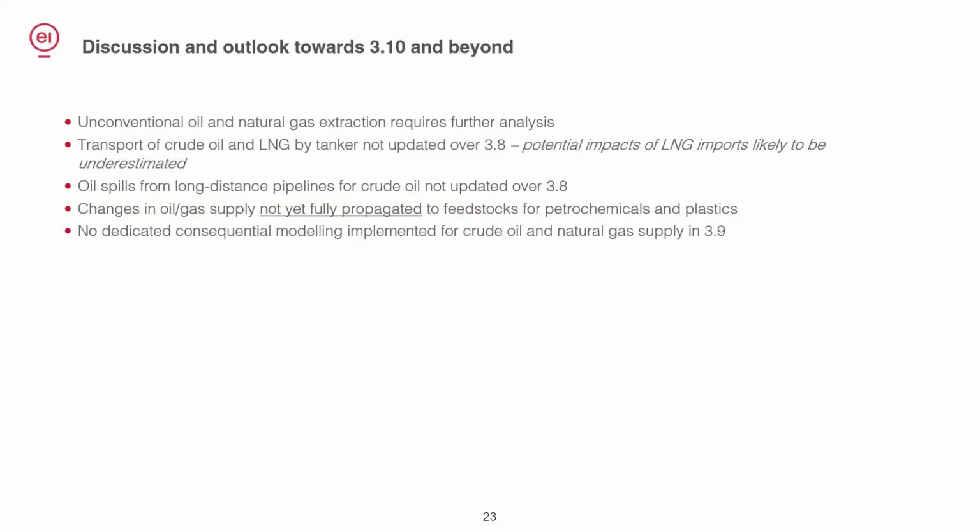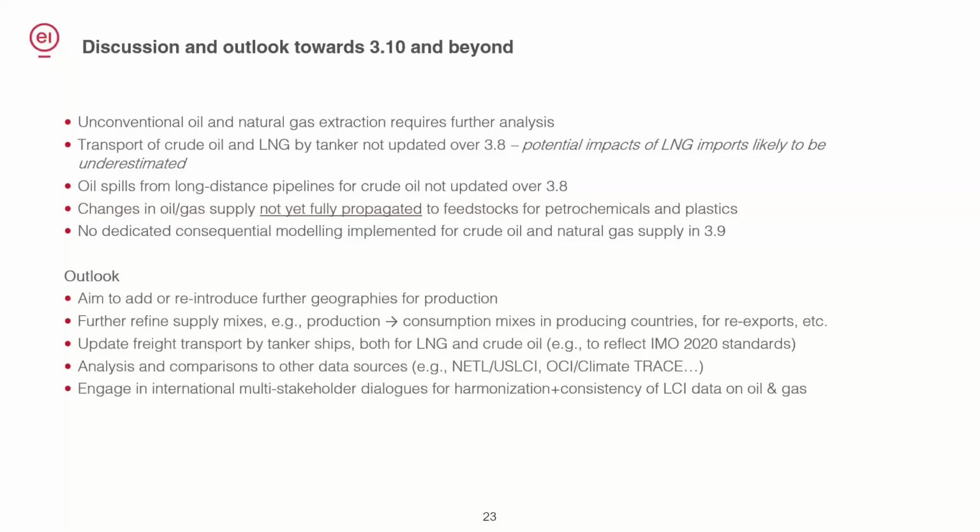And as I just said on the previous slide, we don't have the changes in oil and gas supply fully propagated to the feedstocks for petrochemicals and plastics. This is an important limitation. And we also don't have a dedicated modeling approach for consequential supply of crude oil and natural gas in 3.9. But here we need to consult the relevant experts to find the most appropriate model for ecoinvent. And as an outlook,